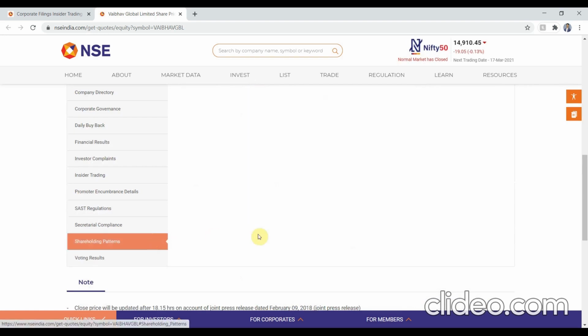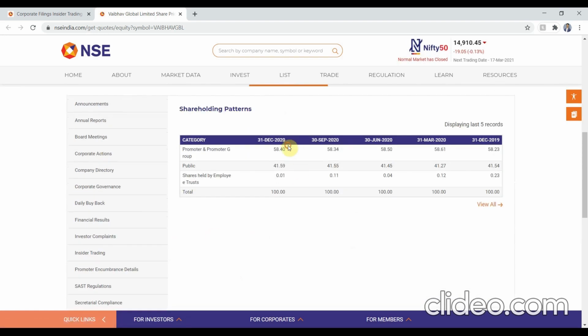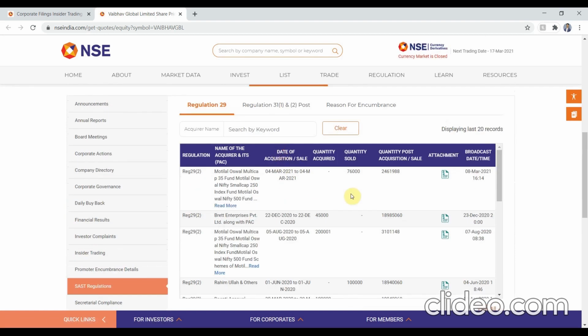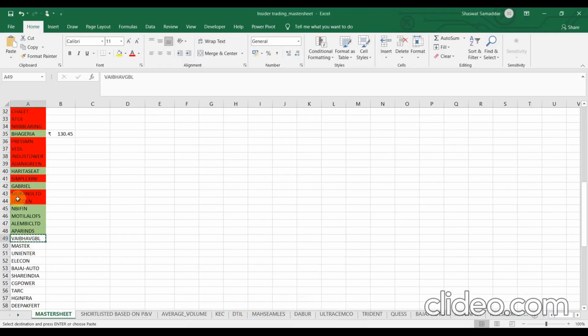So it's up to you again. You can add some filters. So again, promoter looks good. Let's check SAST. Okay, there has been a selling reported by Motilal Oswal Fund on 8 March 2021. So it's going onto the red bucket list. First red after so long.